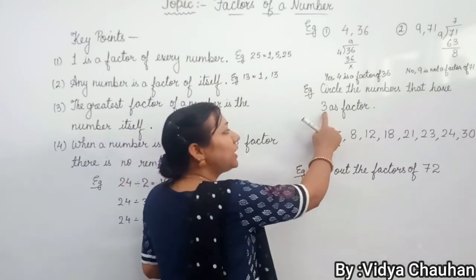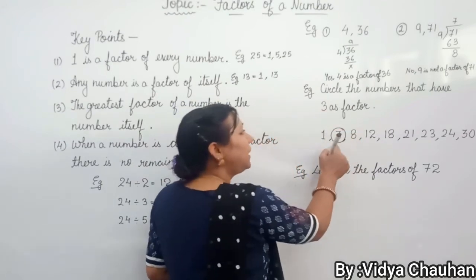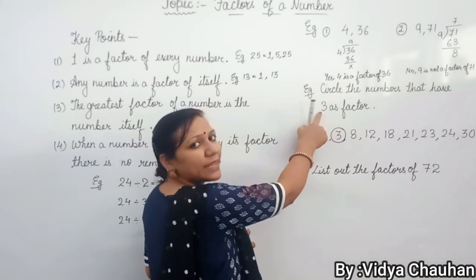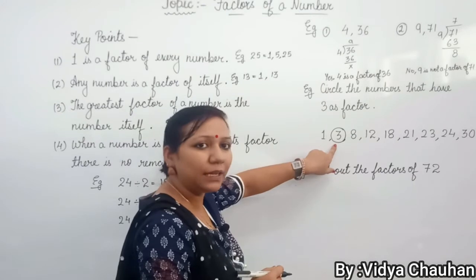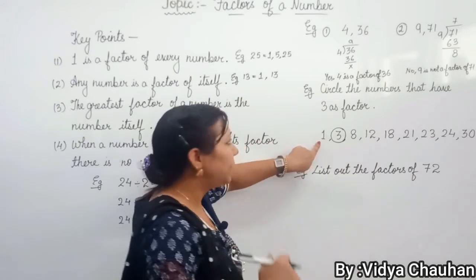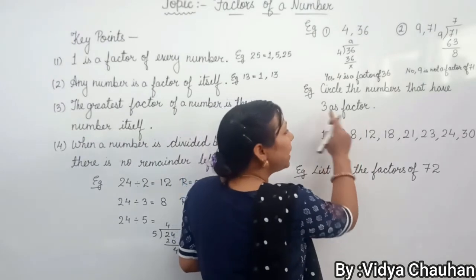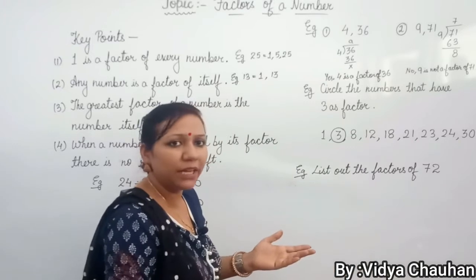So very first, what is 3 ones are? 3 ones are 3. That means yes, this 3 is having 3 as a factor. So 3 is a factor of the very first number, which is 3. Because in the table of 3, 1 doesn't come, so 1 is not a factor. Right? Then 3 2s are 6. We don't have 6 here. 3 3s are 9. We don't have 9 here.